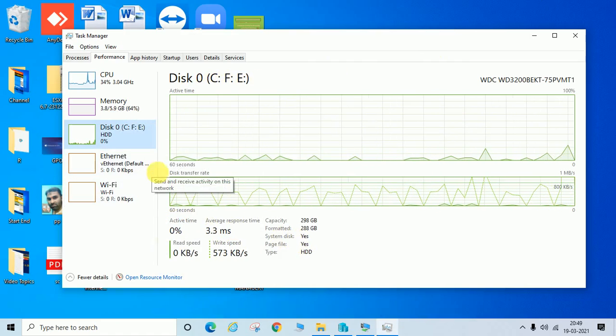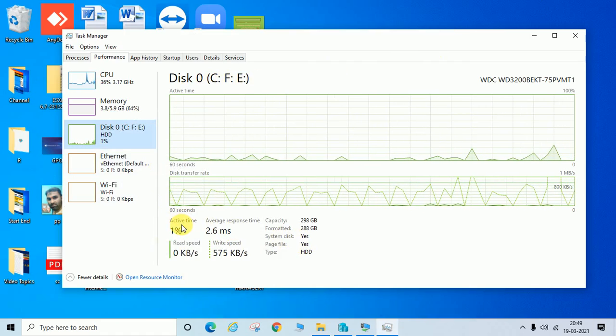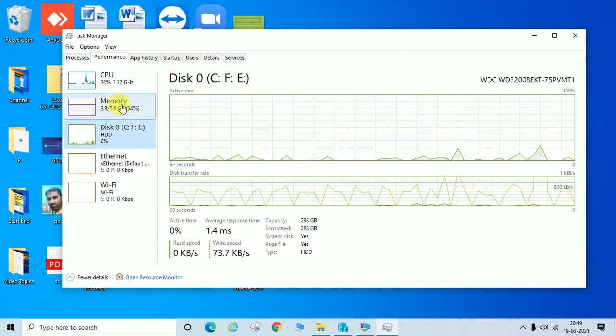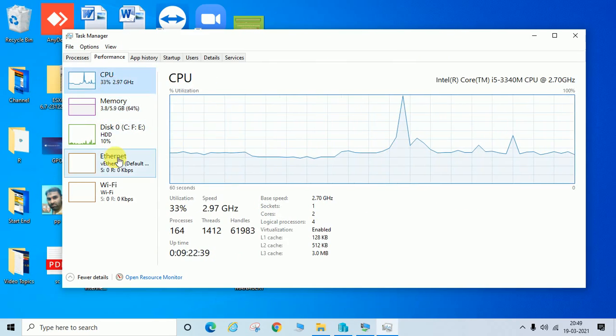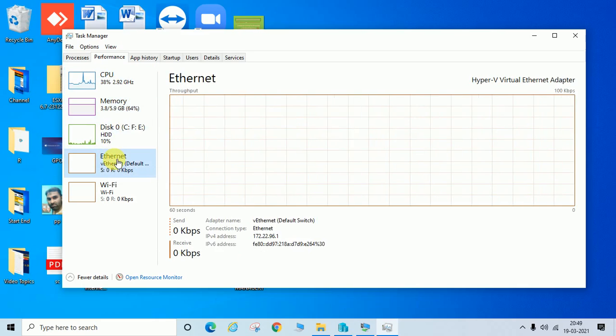Means from here you can check hard disk performance, your memory usage, CPU performance. Even you can check Ethernet speed, your network Ethernet port speed and other details like IP address and send receive details.